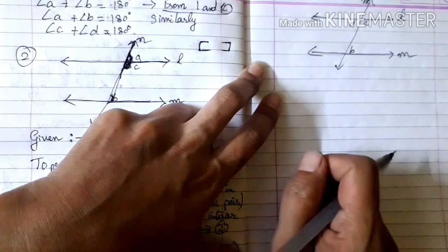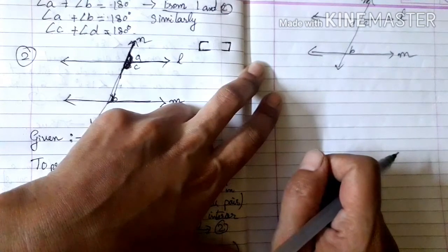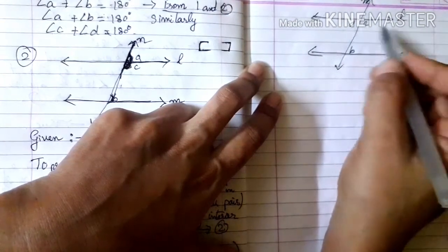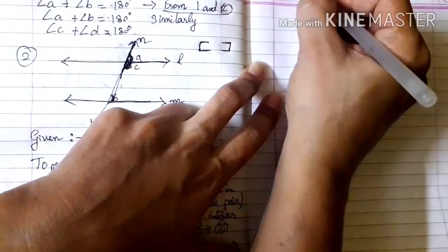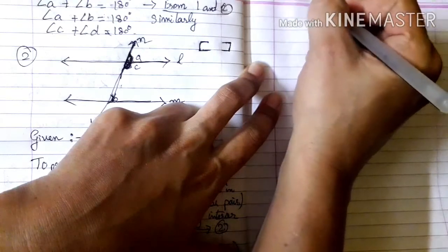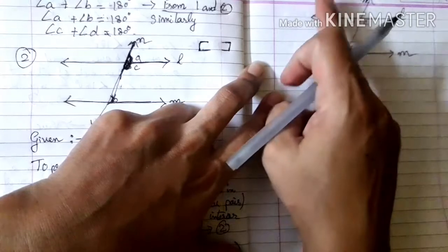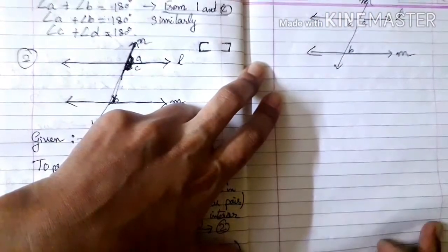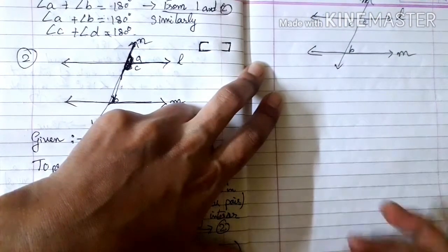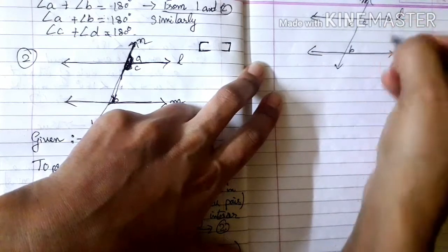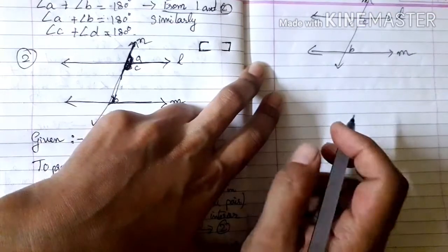Now what we have to prove in this theorem is that the alternate angles formed by a transversal of two parallel lines are equal. Now what are alternate angles? Alternate angles are the angles that are formed in the Z position. Got it? You will find it in the link that I have given in the description box. Okay, so go through it. So we have to find the alternate angles.